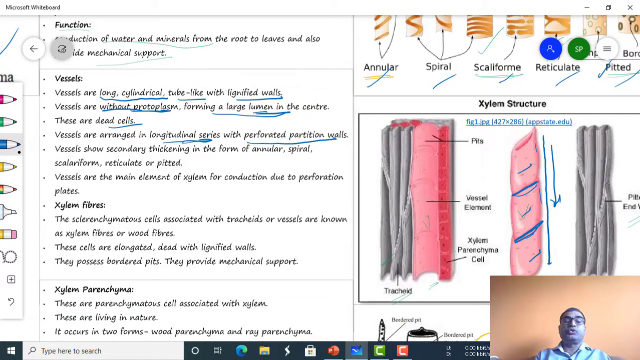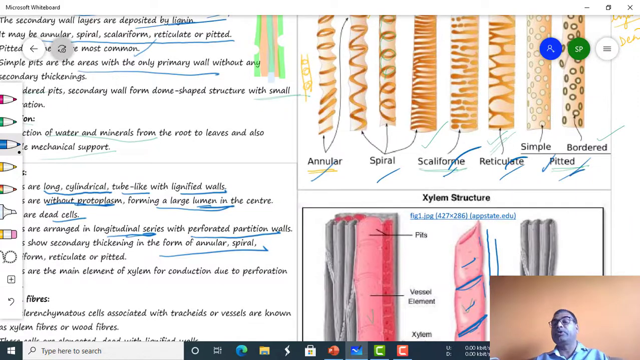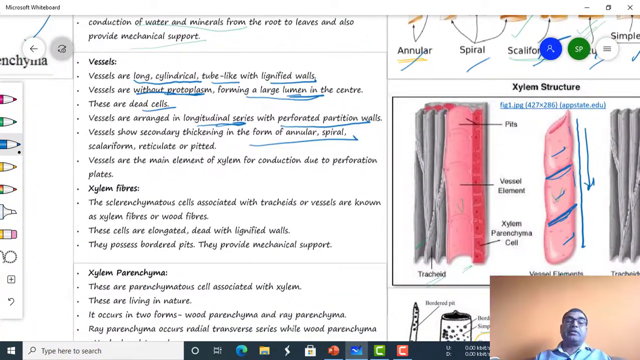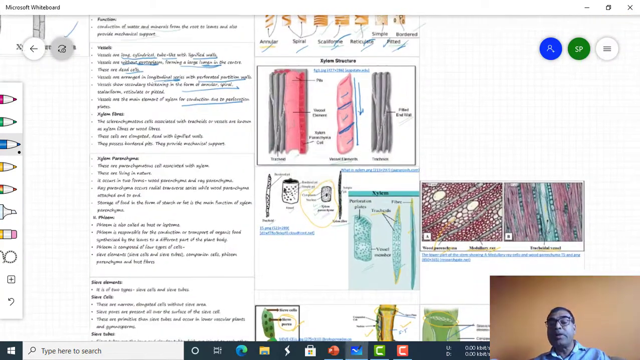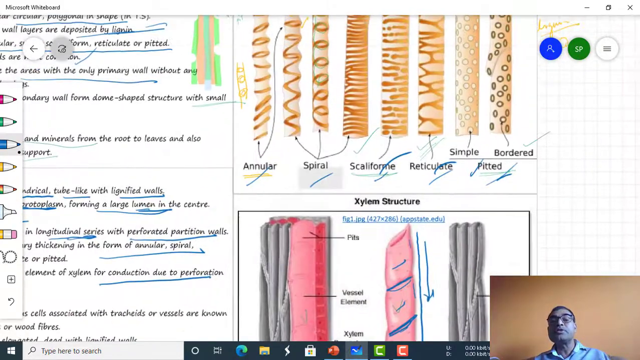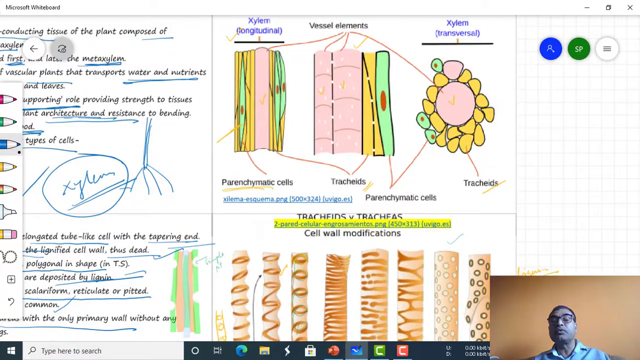This also shows secondary wall thickening in the form of annular, spiral, scalariform, reticulate or pitted ones. Vessels are the main elements of xylem for conduction due to perforation plates. Okay, so here perforation plates are present, and that is why, if you see the figure of the xylem,